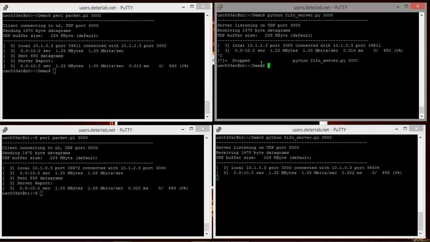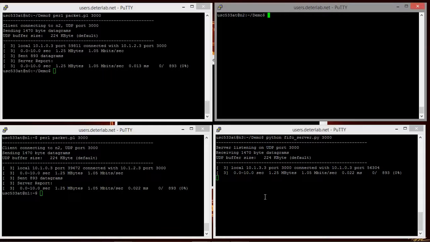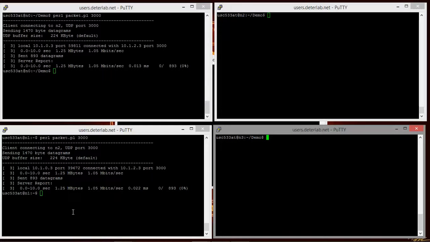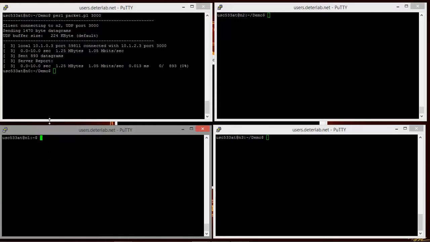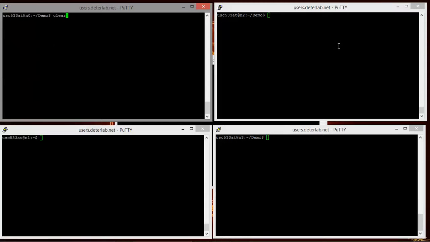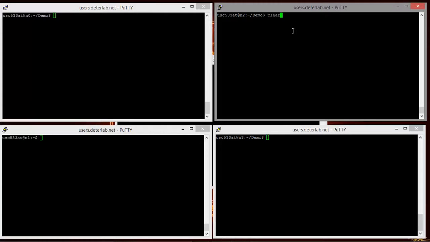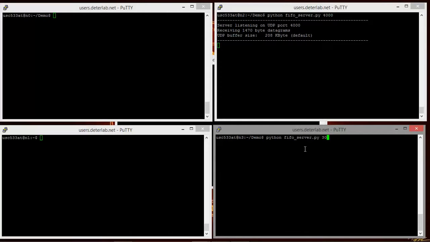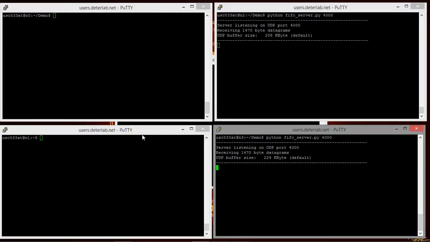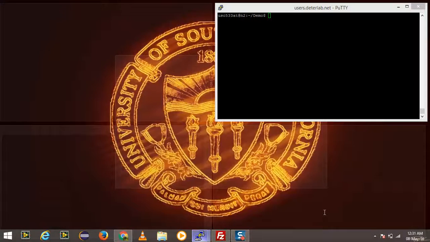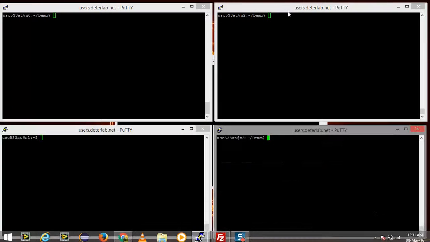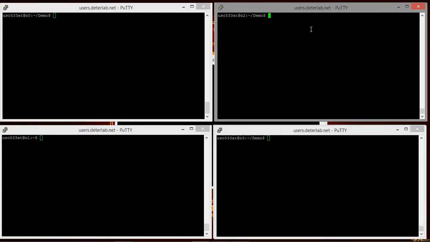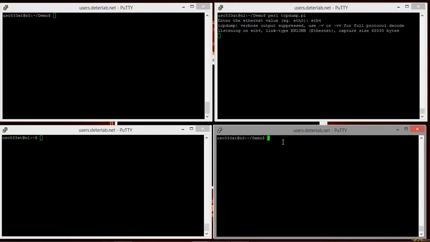To demonstrate it using tcpdump, we'll show it with even more clarity. We'll just clear all the screens. So we make a server again with some other port, let's say 4000, and 4000 over here too, or let's just open another window to listen through tcpdump. As you can see, this is node 2 and this is node 3. We'll just run our tcpdump on this. This is eth4 and this is eth5.